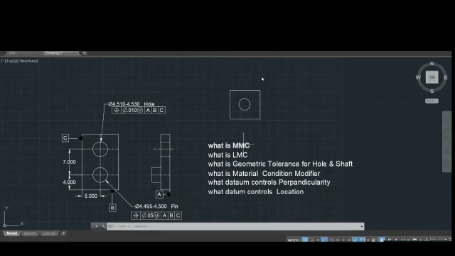So the answer to the first question, what is the MMC in case of a hole? The maximum material condition is available when the diameter of the hole is smaller. In this case, the diameter will be 4.510. So the maximum material condition for a hole will be diameter 4.510. I will copy this text in order to answer this question.